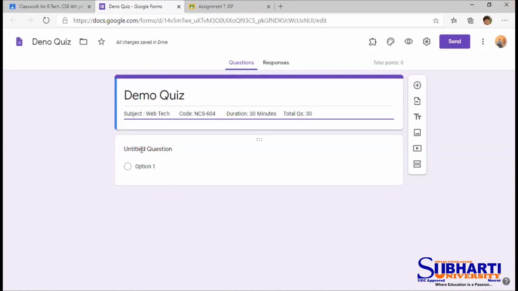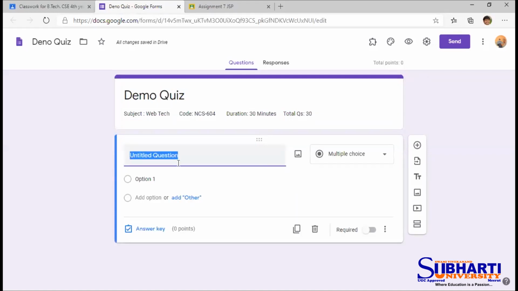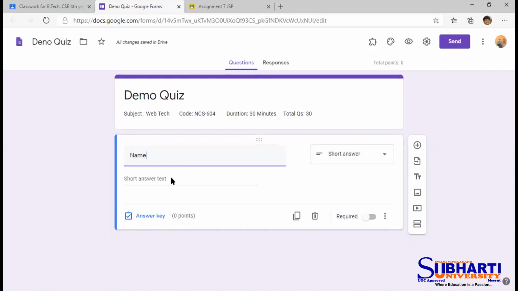Now remember one point: whenever we want to create a quiz for the students, then we have to take the information of students also. For example, name of the student, class of the student, branch of the student. These are the basic information by which we'll acknowledge whose answer it is, that of a particular student. So I will specify here. For example, this is the first option. I'm writing here name. It means students will specify name here.